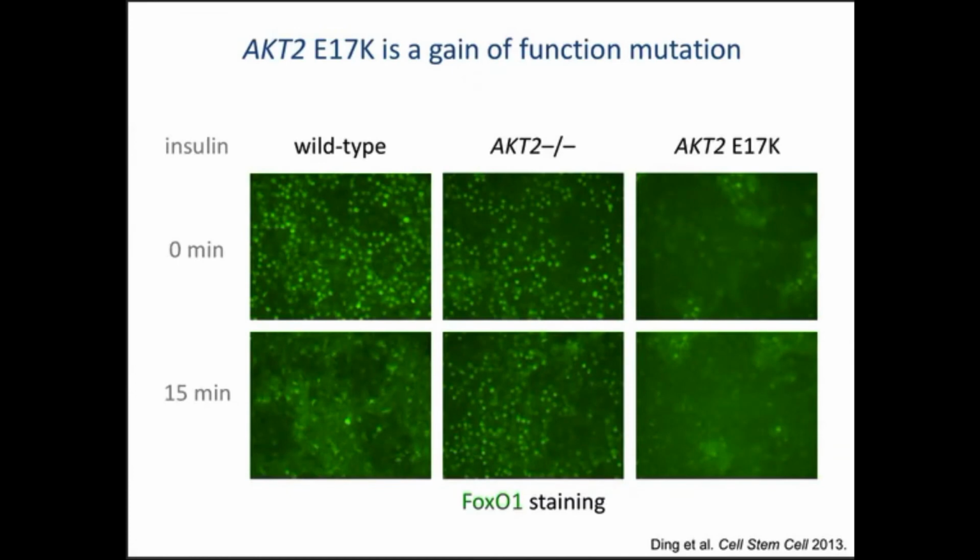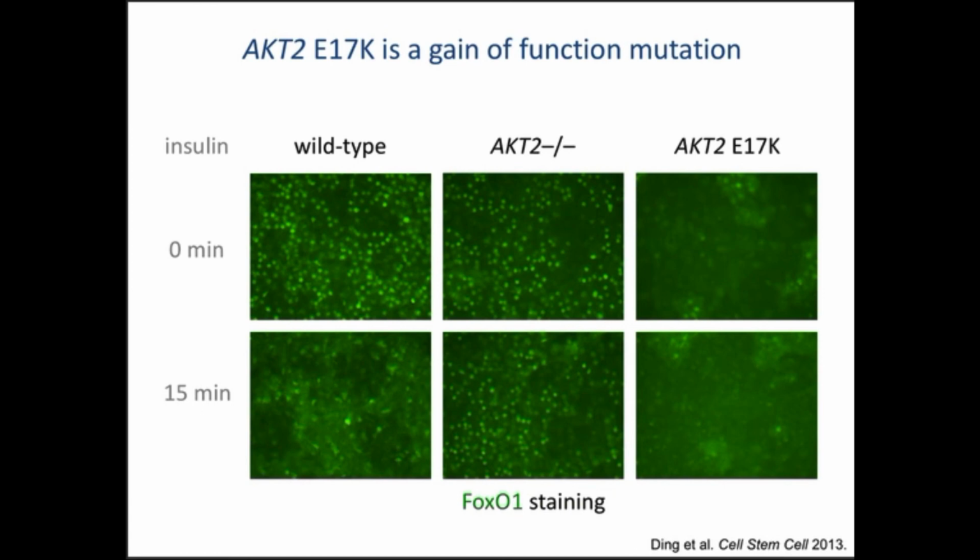Well, we had the first evidence that it's a true gain of function. So when we looked in fat cells, what I'm staining here is FOXO1, that transcription factor, normally resident in the nucleus of cells unless they receive an insulin signal. This is what happens in a normal cell, resident in the nucleus. Upon receiving insulin, it's redistributed to the cytosol. If you're a knockout, you don't respond at all. Doesn't matter how much insulin I dump on you. And if you're the E17K, it doesn't matter if I've stimulated you or not. Most of the FOXO1's out in the cytosol. So it's a gain-of-function mutation.